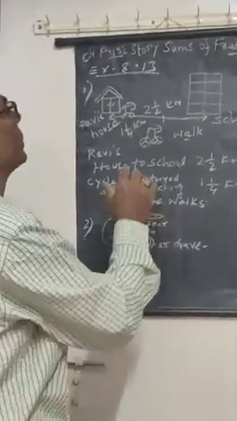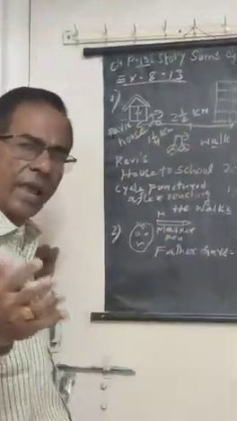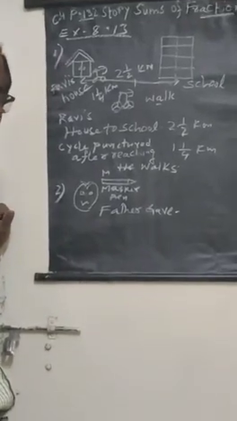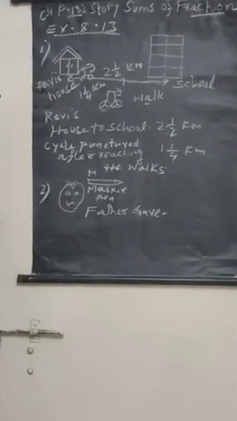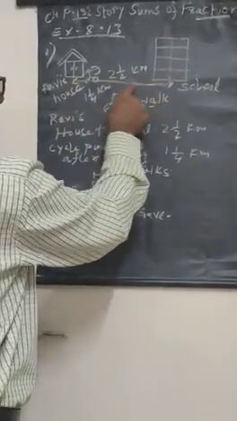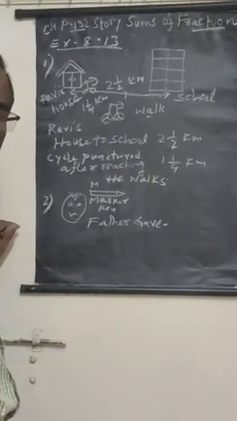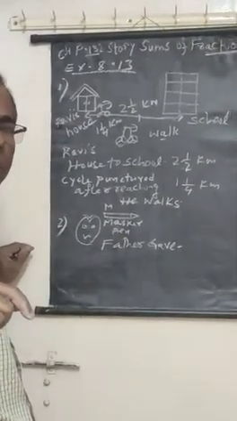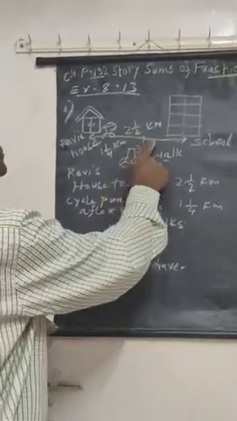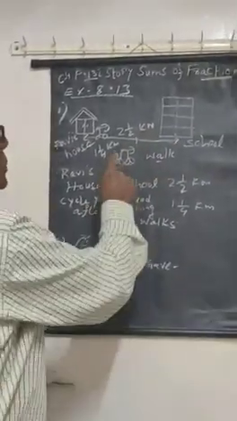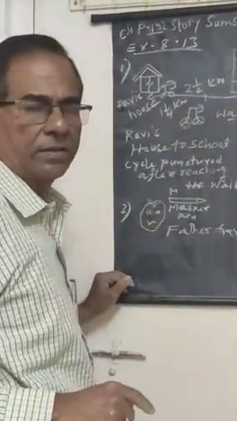Okay, so tell me. Yes, total distance is 2. Very easy. And after cycling 1 kilometer, it got punctured. Then how much does he have to walk? So total 2 minus what? 1. Okay. From 2 kilometers, after cycling 1 kilometer, the cycle has punctured, so it means 1 kilometer he has to walk. How did you get it? From the total distance 2 integer 1 by 2, you have to subtract this one.